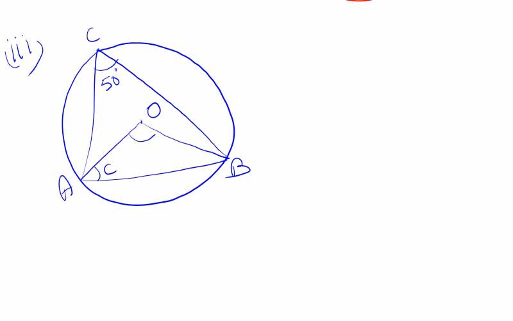So now OAB is an isosceles triangle. So the base angles will be equal, since OA is equal to OB. That's why these two angles will be equal. So 180 minus this angle, that is 100, you will get 80. So if you divide by 2, these two will be the same. This also will actually be C. So you will get the answer. I have almost discussed the answer with you, but you write the statements properly and let me know whether you are able to do it. Okay.